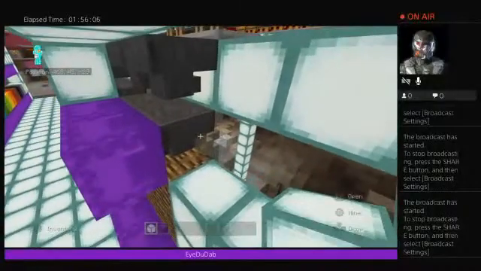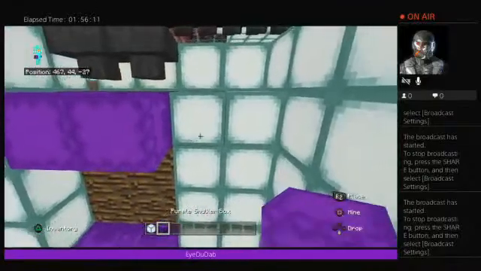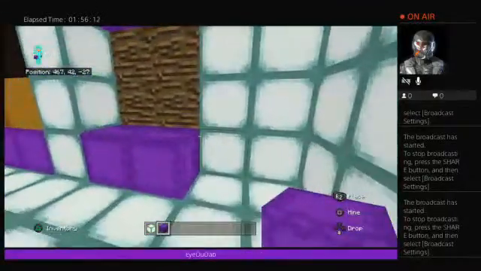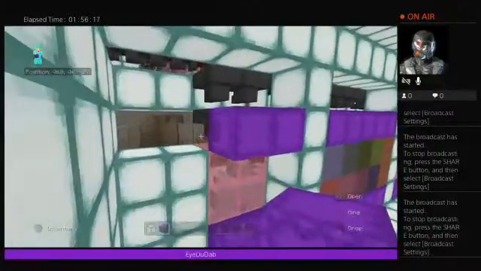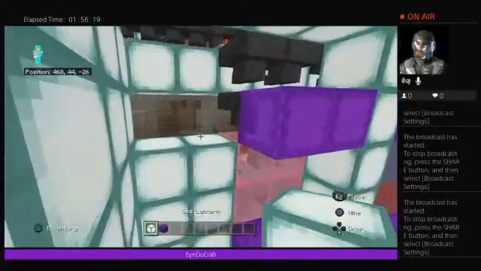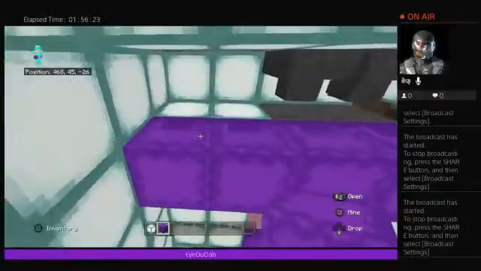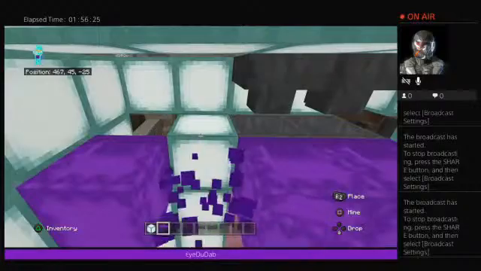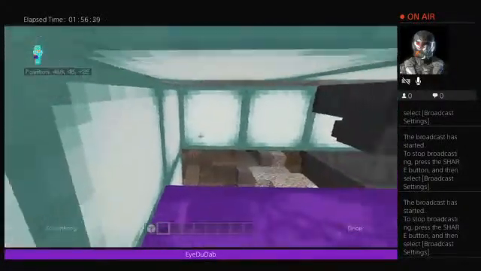So we'll place... Let's see, we'll get rid of those. Place the shulkers. Right there, right there. Right there, right there. And then put another block. Place the shulkers. Then we can get rid of those blocks. Oops. After you keep your shulker there. So now